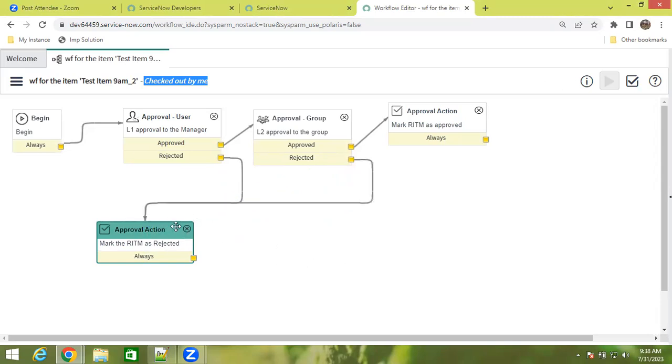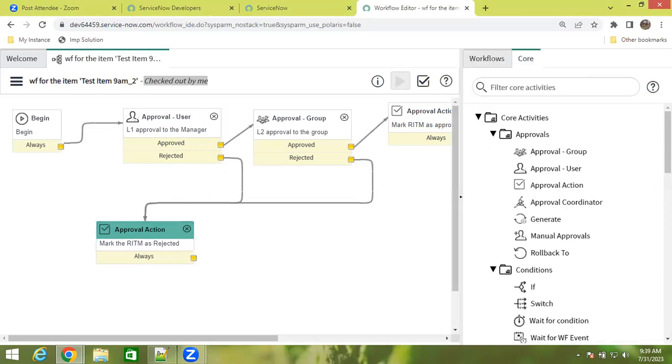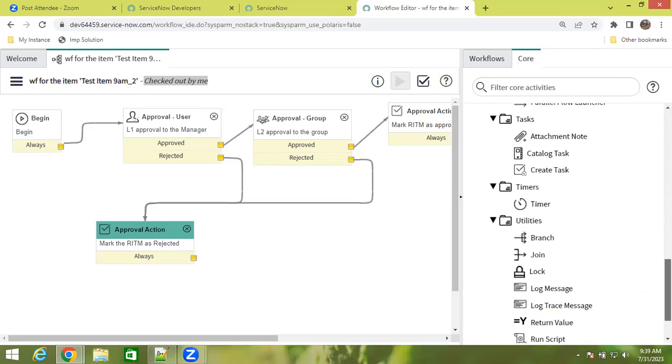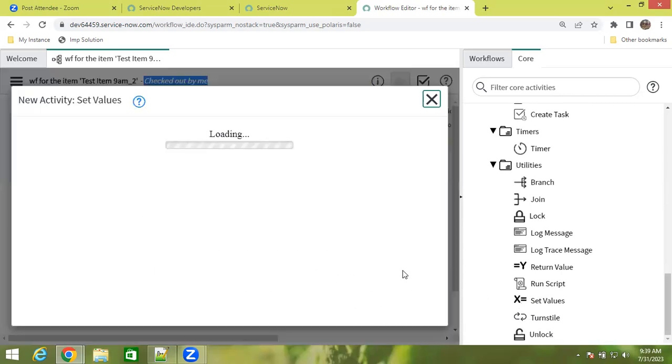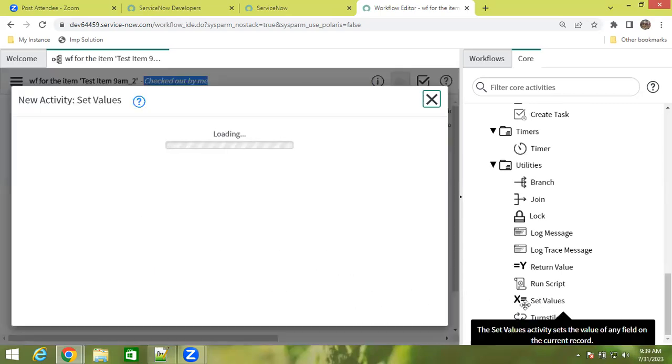Once the RATM is rejected, then make the RATM as closed, request as closed. You have to mark the RATM as close completed. So you can use set values. Click on this to set the values on the